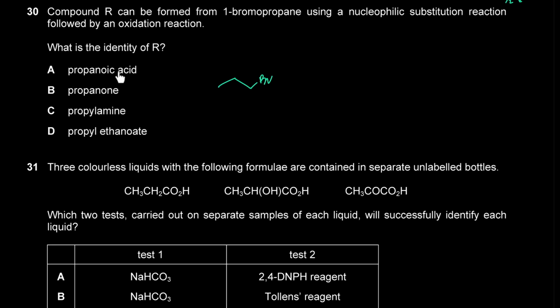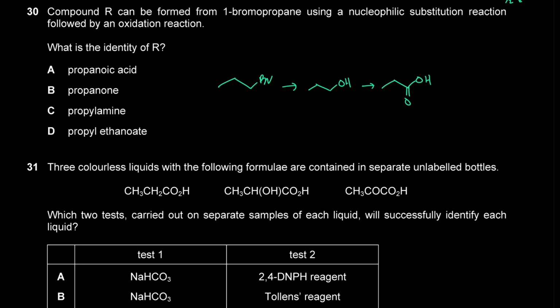So let's look at the first option. Can we make propanoic acid from 1-bromopropane using this 2-step procedure? So can propanoic acid be made from an oxidation reaction? That's the first question. So here I have propanoic acid. So is there something I can oxidize to make propanoic acid? Well, the answer is yes. I can oxidize a primary alcohol, specifically propan-1-ol. I can oxidize propan-1-ol to make propanoic acid, and I can make propan-1-ol from